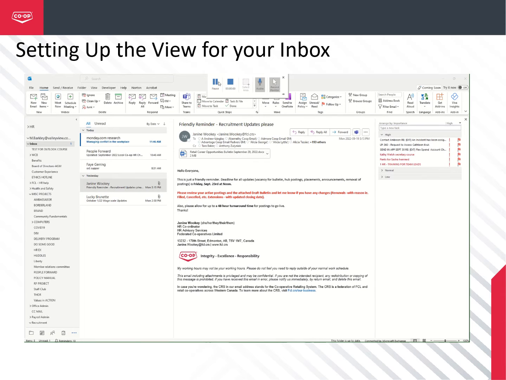Setting up the Working Smart view for your inbox. To gain control of your emails, it is essential that you configure your inbox view so that its content is presented in the most effective way. Priority managers have found that turning off the auto preview is a great way to get a better overview of the emails in your inbox, and using the reading pane allows you to quickly view the emails and apply the